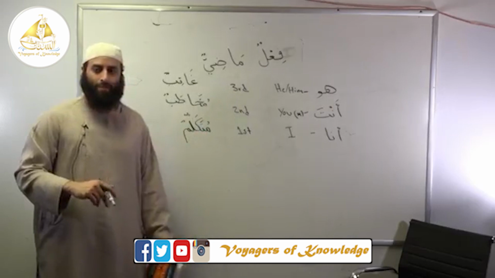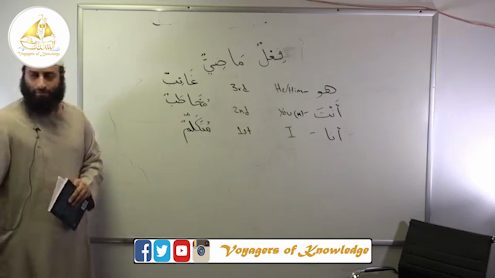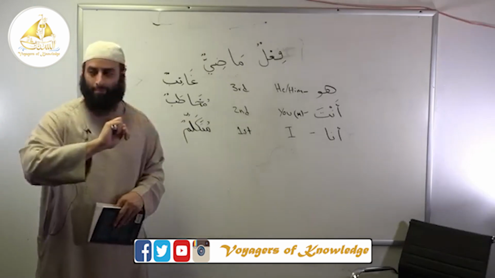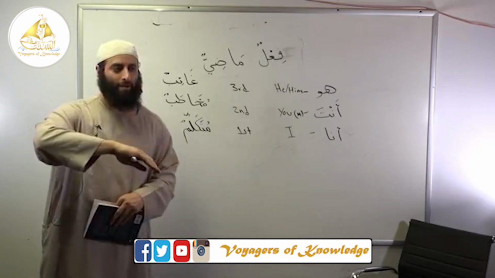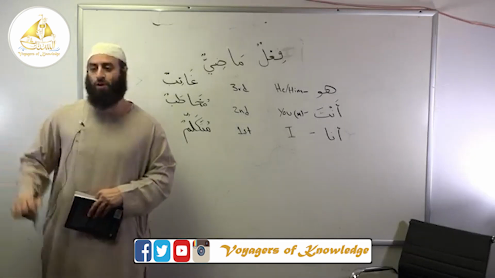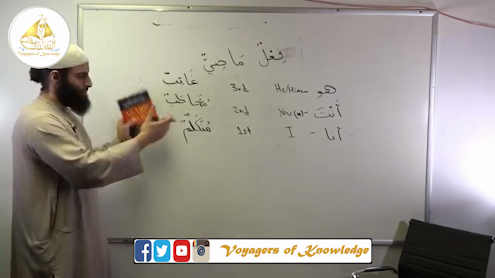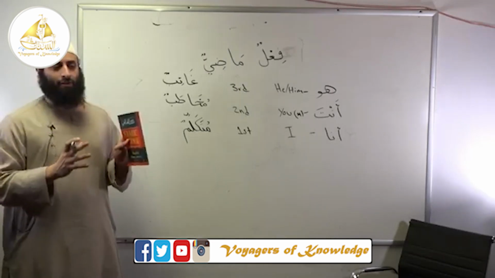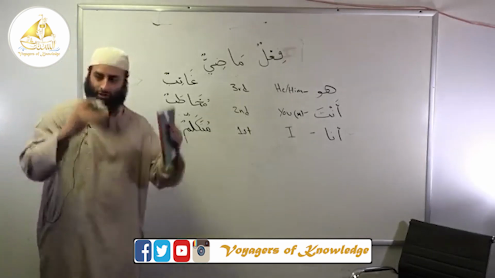Huwa, you have a different category there. So this kind of categorizes it to make it easier for you to memorize. So you'll have huwa, hiya, huma, both of them, hum, all of them, not antum, hum, them, hunna, them but female. And probably what we'll do is we'll either make a chart, or when we get to them, they're going to give you each one separately. I feel like after we take 2 or 3 of each one, then I give them to you all at once, and it'll be easier to just take them all at once.